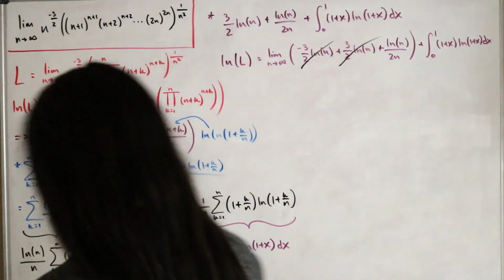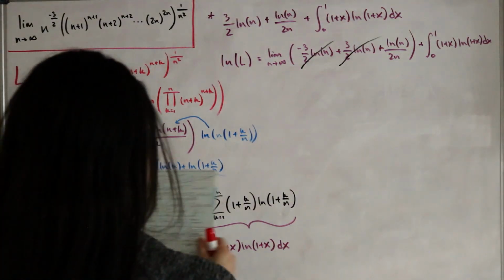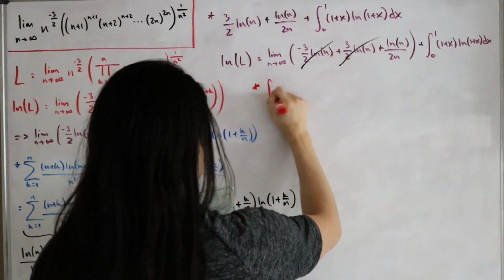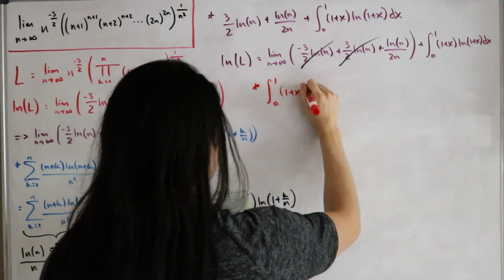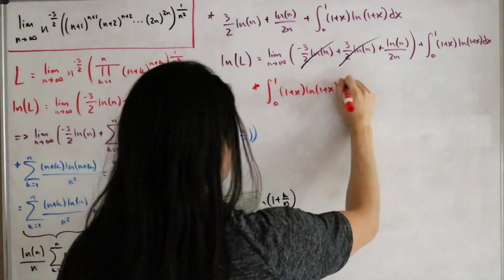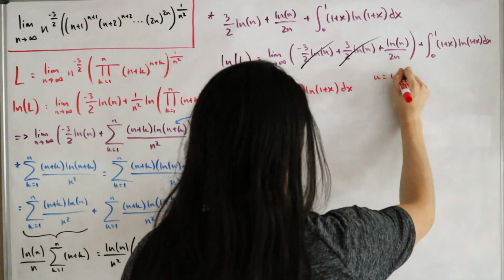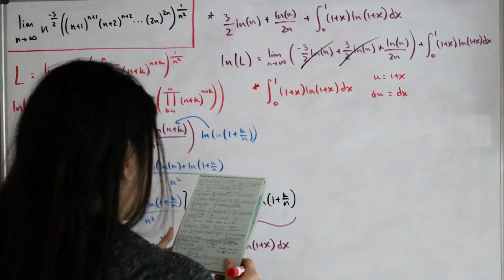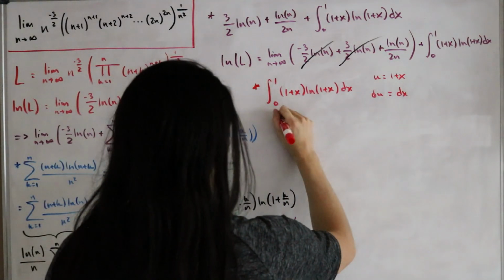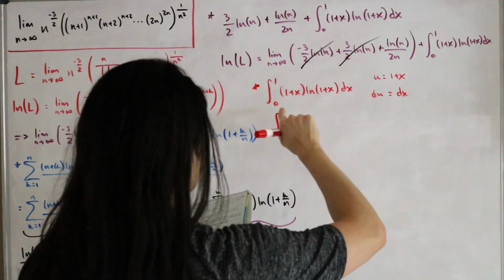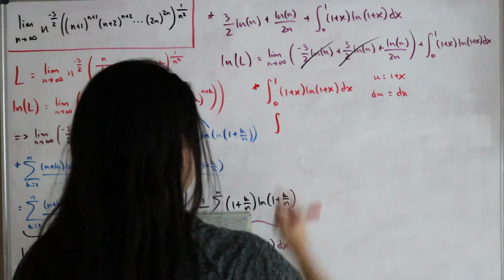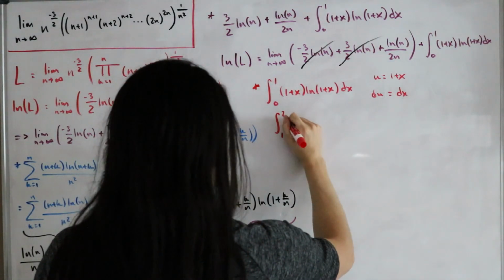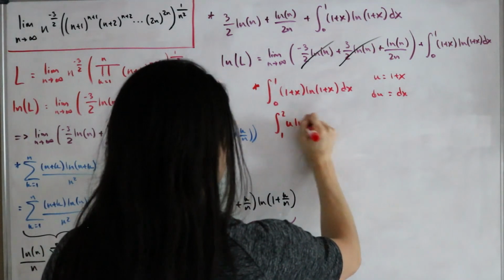But the calculation of the integral itself is pretty self-explanatory. You'll notice that I can actually just do a nice little u sub. Let me write this on the side. The integral from 0 to 1, 1 plus x, natural log of 1 plus x, then dx. We'll let u equal 1 plus x, then of course du is going to equal dx. Now we have to change our bounds. 1 plus 0 is 1 on the bottom, and this is going to be 2 over here, so u, and then ln of u